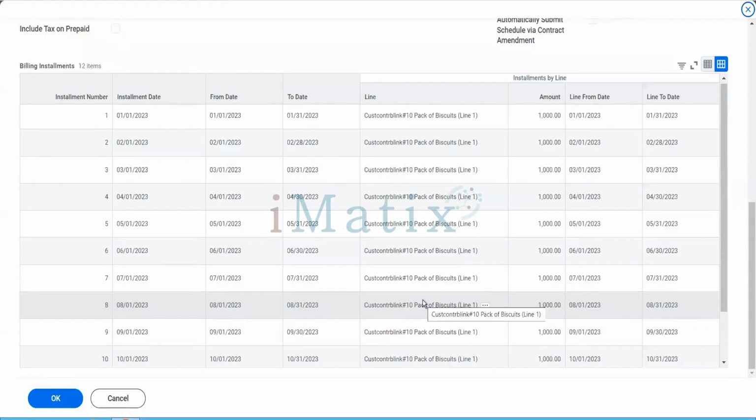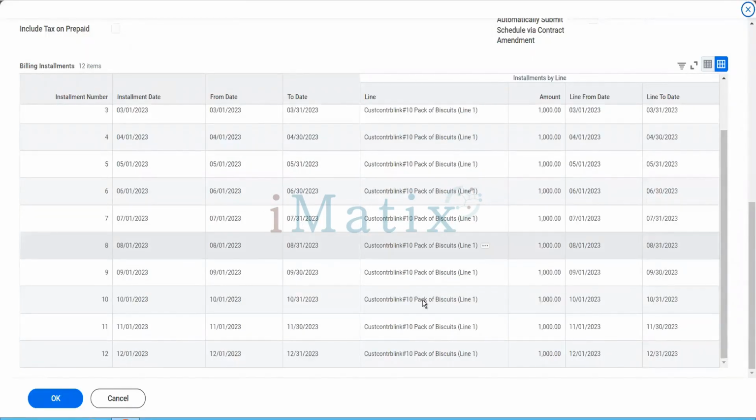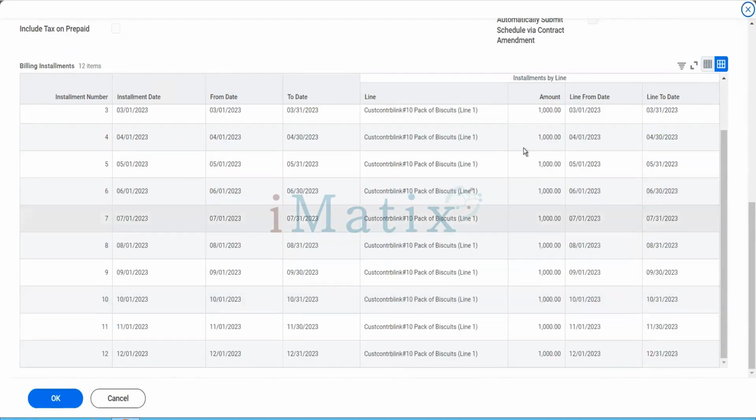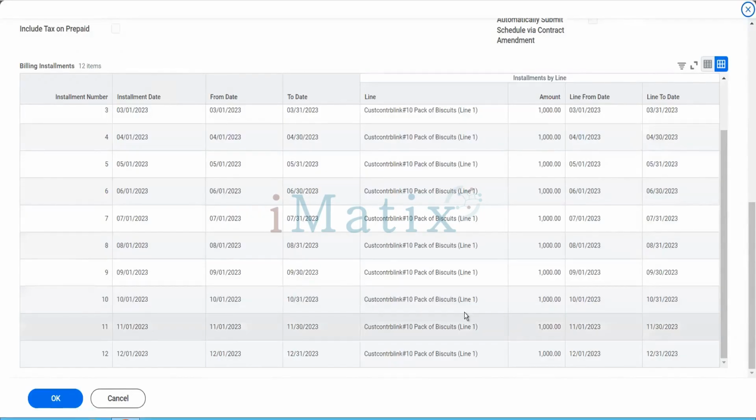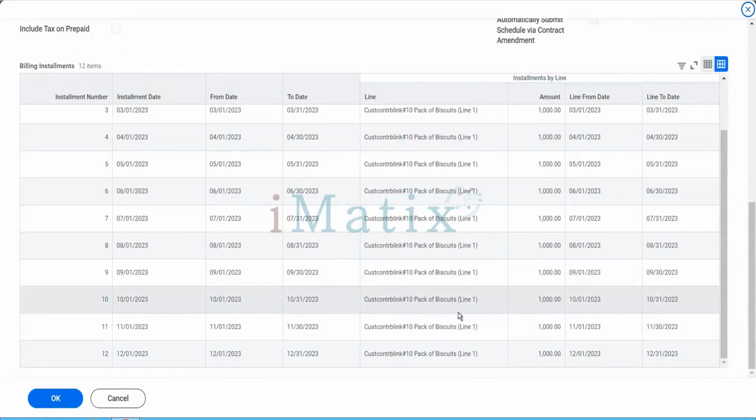You can see the system has denied the installment because we have defined the last December and it has 1000